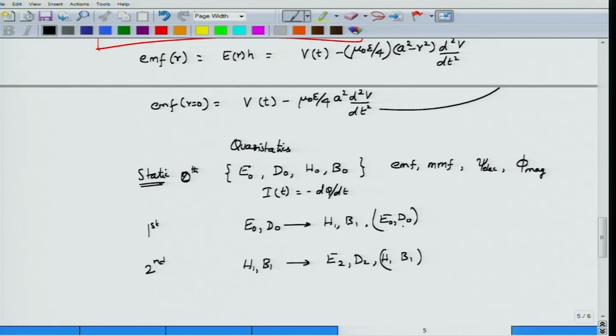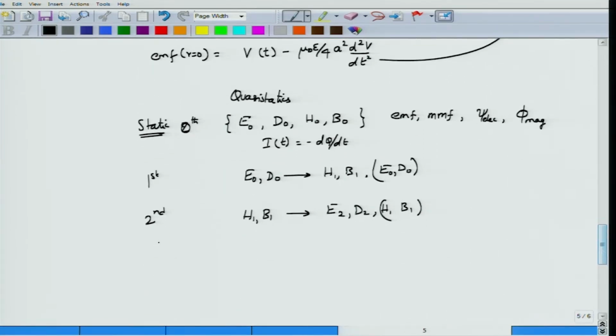So, this way you can successively build up to the different orders of electric and magnetic fields, and in fact write down the total electric field as E0 plus E1 plus E2 and so on. Similarly, for the magnetic field, H as H0 plus H1 plus H2 and so on. Feel free to stop at any order in which you do not really find much use. For example, you have found out up to E100, and let us say you find out what will happen at E of 101,